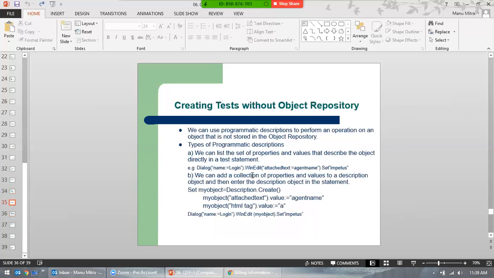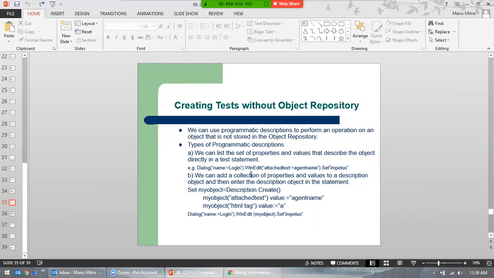Okay, so let's take a quick look at the code. So far, we have not discussed any code. Let's talk about this code. Why do we really require coding when you have record and playback? You have record and playback, right? It generates the code itself. QTP generates it for you. Well, why bother writing code, right? So